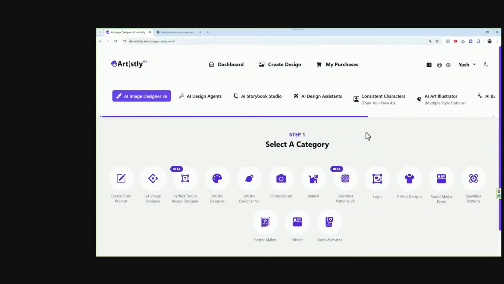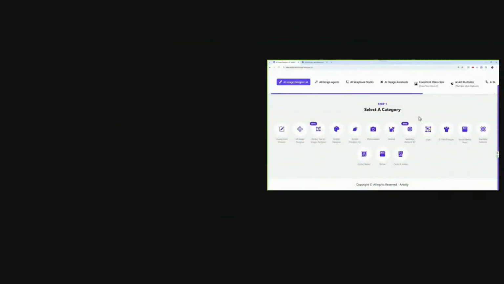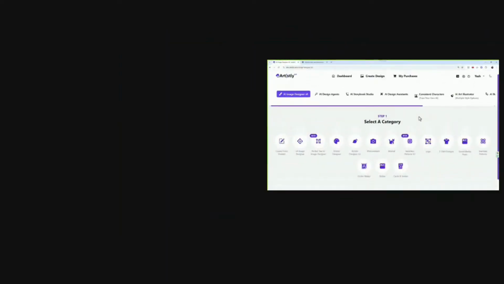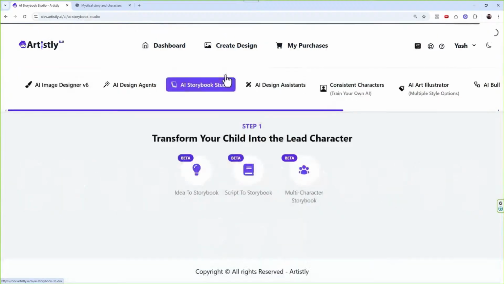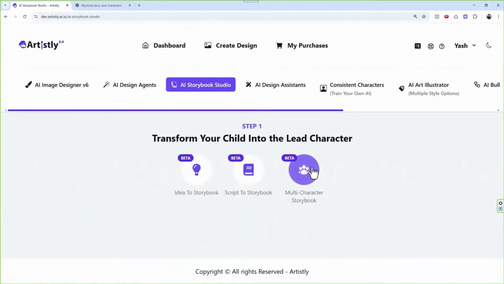All right, everybody, I hope you can see my screen right now, and I'm super excited to show you step by step how you can get two custom characters and create a storybook with that. This is one of the most requested features, and finally it's here as a beta feature. It's not 100% perfect, but we are getting there, and it does the job wonderfully. I just love the results. So without further ado, let's get started.